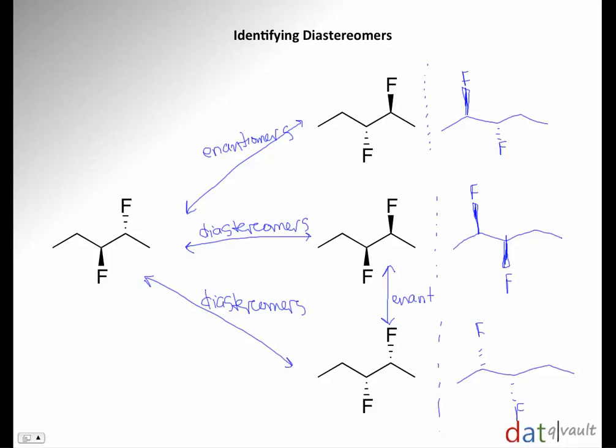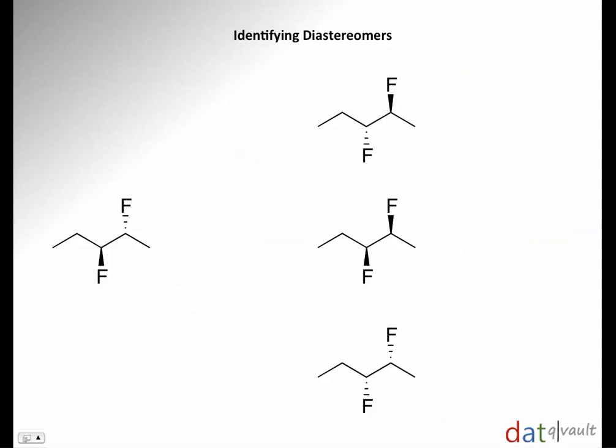Alright, and then that means if you take the enantiomer and you take the mirror image of it, you're going to get the same compound. So these two compounds with respect to each other are the same. You just flip this molecule over and you'll get this compound. Alright, so let's go about doing this in a different fashion. You can either flip the molecule over and look at mirror images, which is what we just did,